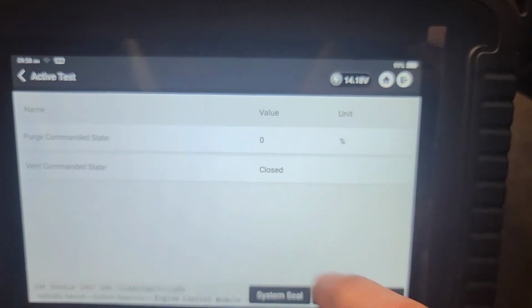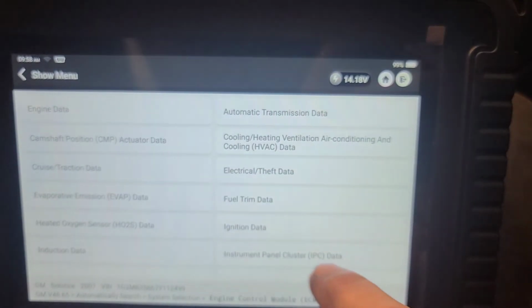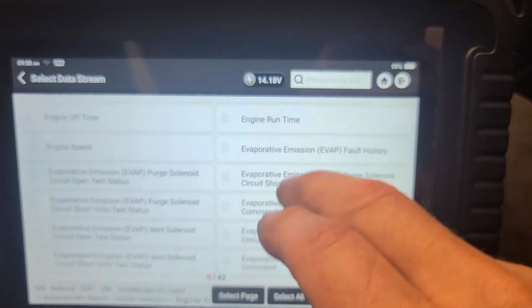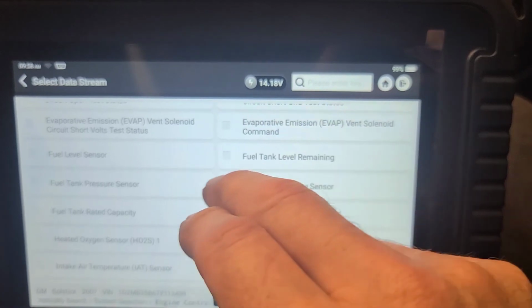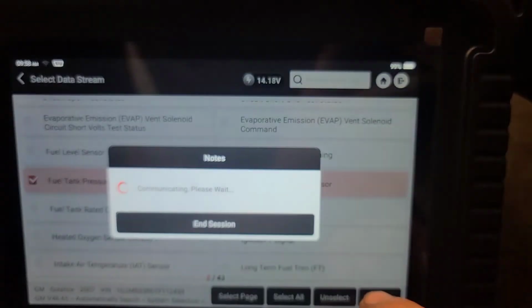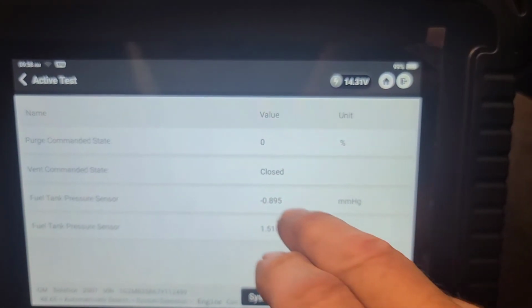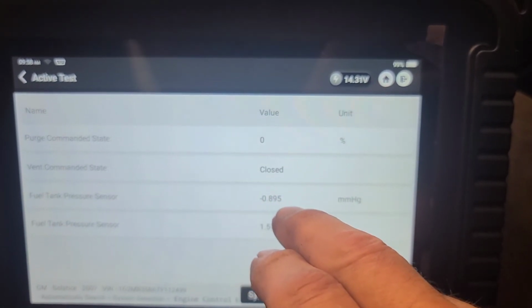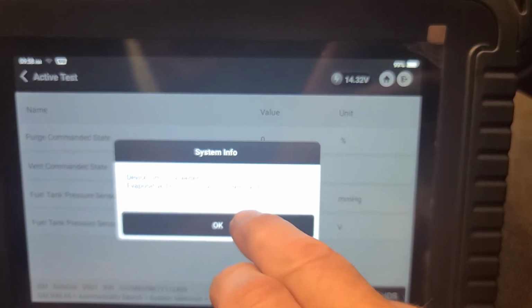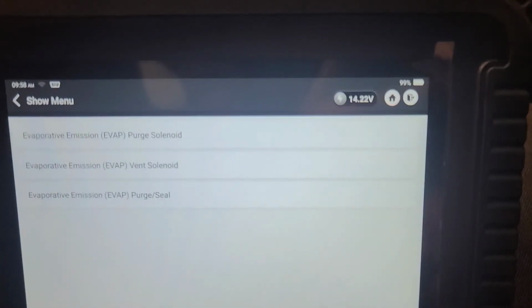They don't populate the list here like Snap-on does. You have to go and pick the data parameters that you want to watch. Fuel tank pressure, fuel tank pressure. Okay. So that's what we want to watch, is fuel tank pressure, and we want to increase the purge command, and it's not even letting me. Alright, well,